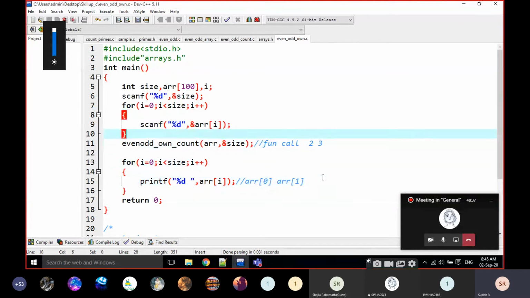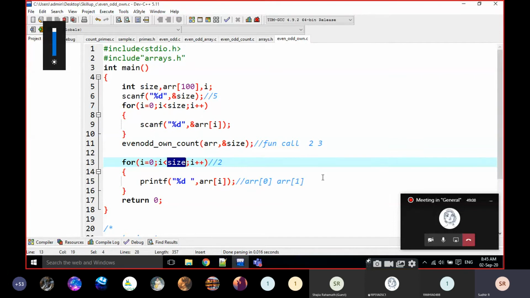But for example, what is the size initially? For example, the size is going to be 5, right? But here I am writing on the same array, and it has only two values, right? That is only two values. You will understand when I go to the next question, the prime numbers count, and it will be clear for you. No problem. I'm going to modify the size.